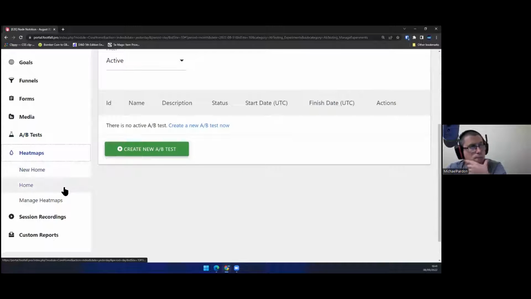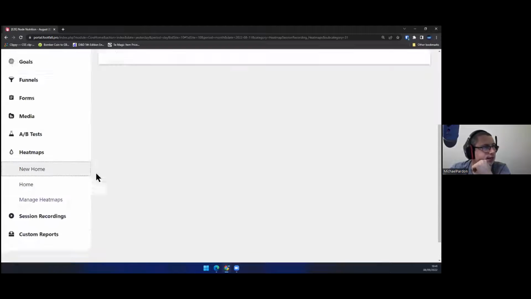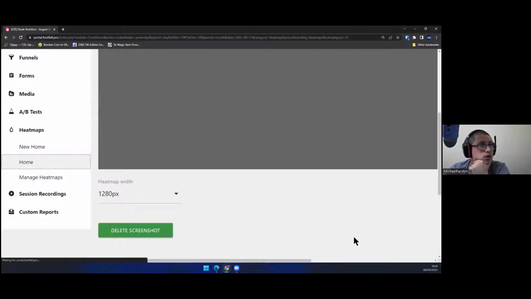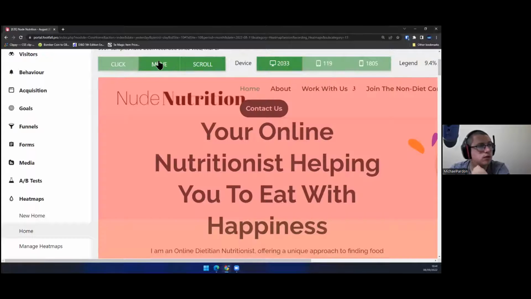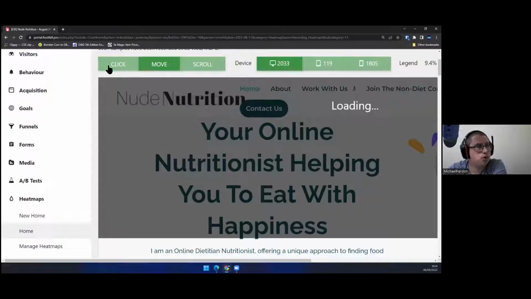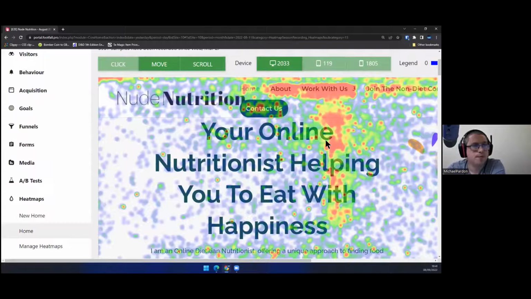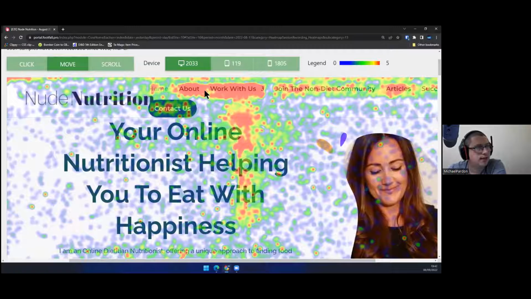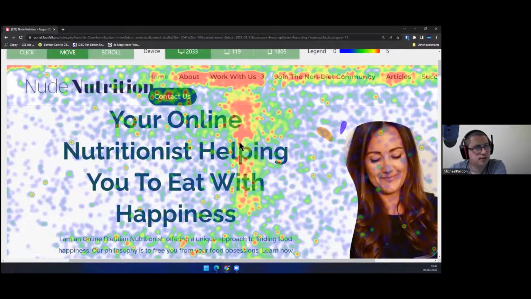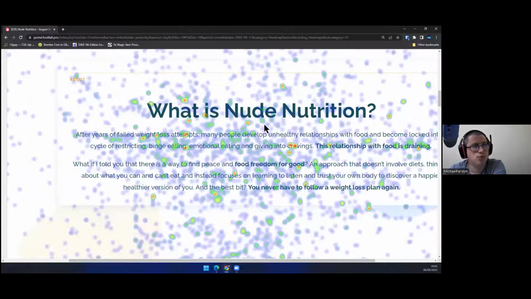Heat maps is a really cool one. So if people have utilized things like heat maps on Google or Hotjar, it'll show us where people have clicked. So let's wait for this one to load. Okay, smooth. So we've got different options, whether you want to look at clicks, movements, or scroll. So you can see this absolute mess of a system now, of all these colors. We can see really clearly that actually the majority of people coming here are going to the about page, work with us, or articles, but you can see everywhere the person has moved their cursor and